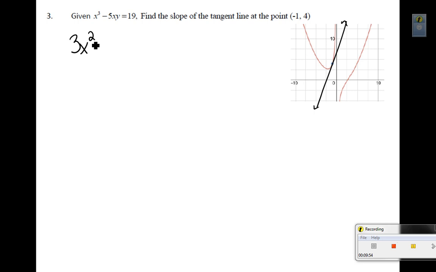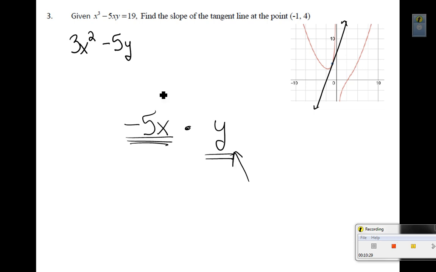Here's how we're going to attack the derivative of negative 5xy. I've got negative 5x times y. Here's my first term, here's my second term. So the derivative of my first term is negative 5 times my second term, which is a y. There's no dy/dx yet because I did not find the derivative of that. I just used it. So I went the derivative of that times that